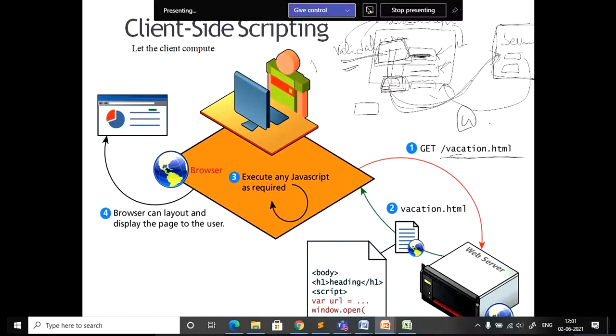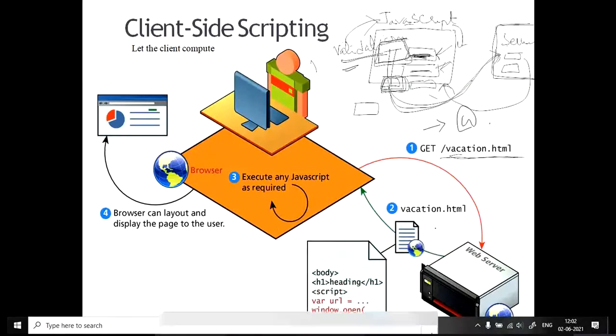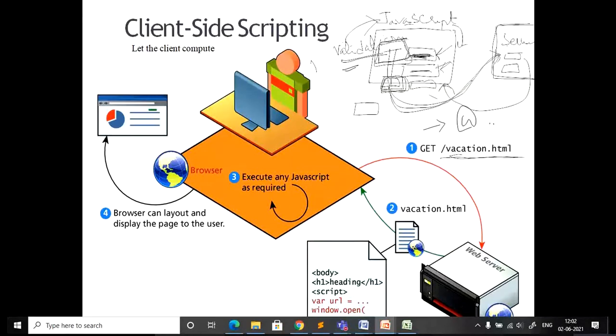Every time, for simple things, sending a request to the server, checking it and getting the result back is hectic, or more burden is given to the server side. That can be reduced by writing a simple script at the client side. I told you this is for validation purposes. For example, you write a small function that checks whether the field is a mail ID. It checks whether it has @ and also a dot.